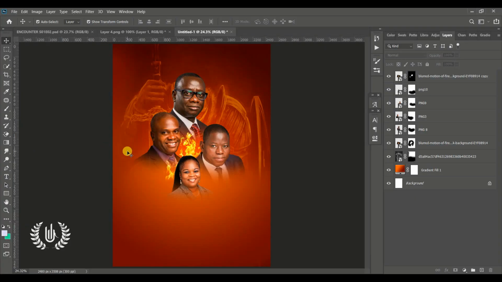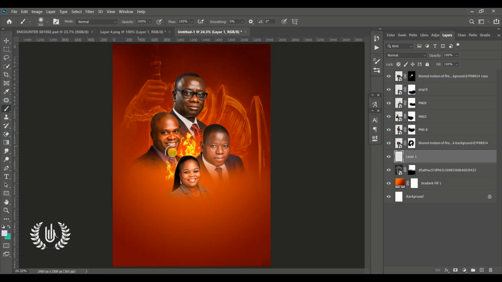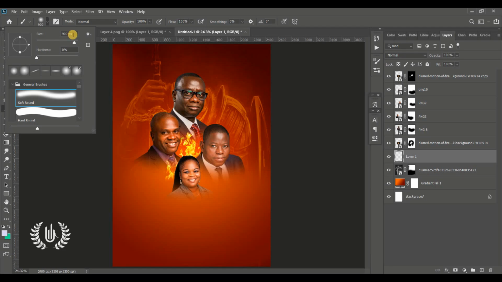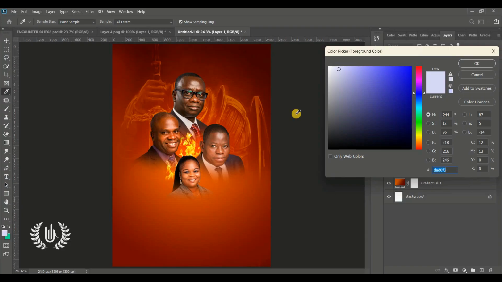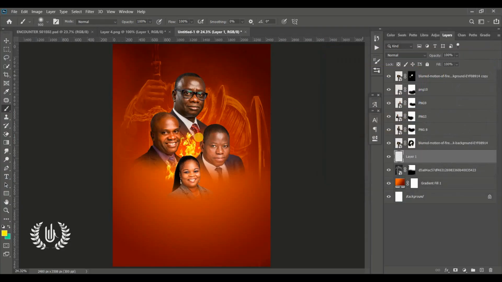So from here we are not done. What we are going to do is to bring in some lighting behind all the men of God. So I'll go and create a new layer below all the men of God's layers like that, and then I'll press B to bring out the brush tool. I'll enlarge my brush size a little bit to about 900, the same brush settings just as you know, and soft rounded brush. So I'm going to pick a color from the flames, okay, and then brush behind them like that, okay, to bring back some lights,